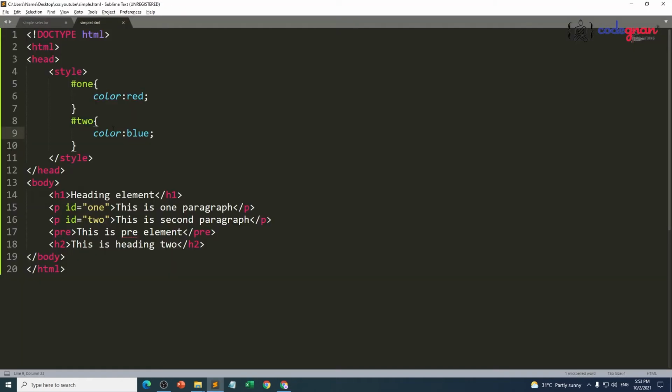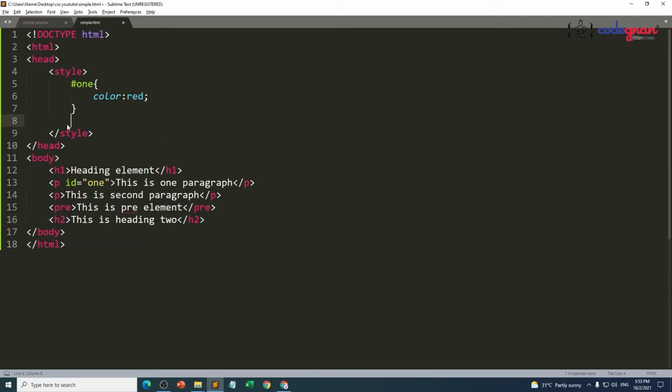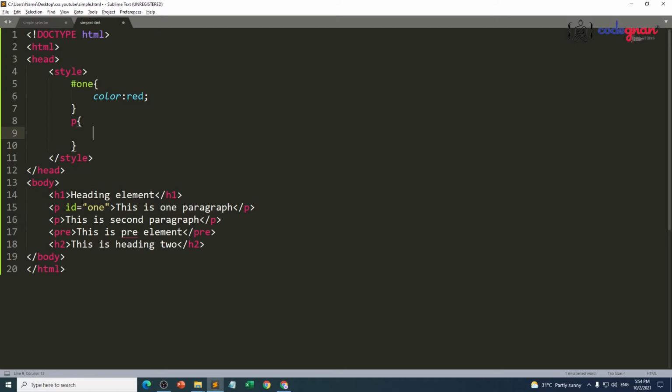But we have another alternative also. If you don't apply any color for any other element, it is going to give the default color black. But I want to apply a color of my own, such as yellow, red, violet.